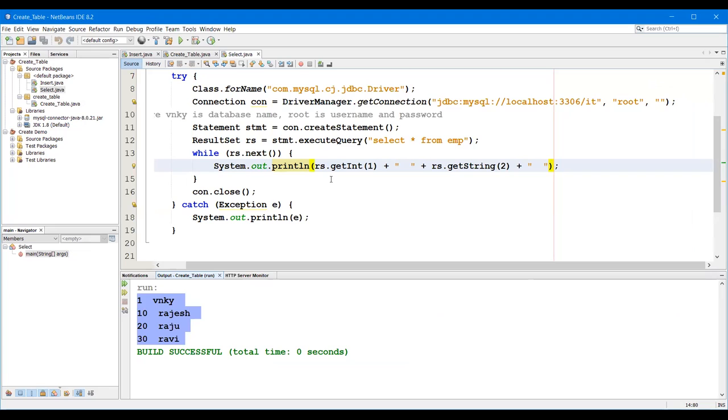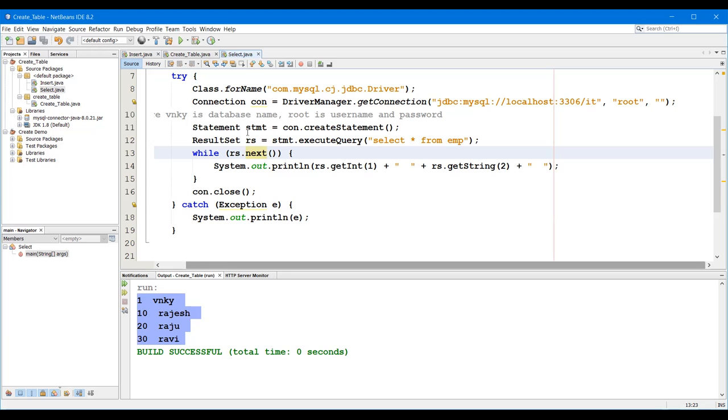Programming is the same only. Previously we were directly running the execute statement. Here we are going to use the ResultSet interface. By using this ResultSet interface, we are storing the result in our object called rs. So when the query is executed, if the table does not have any rows, it is going to give 0.